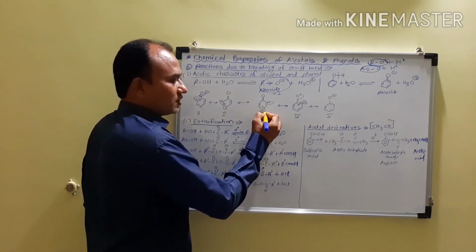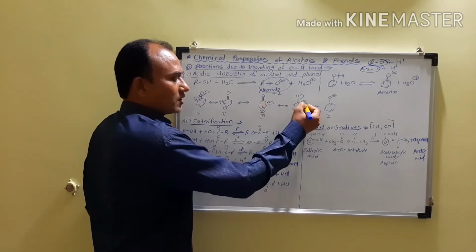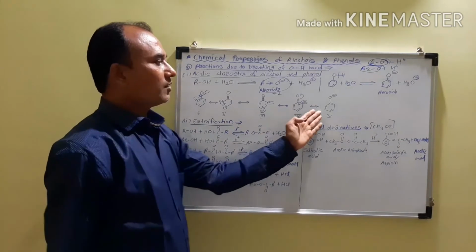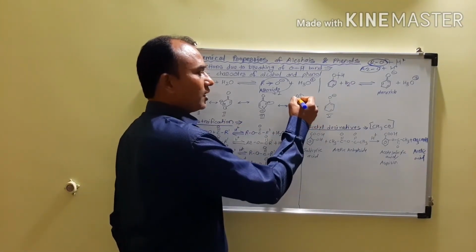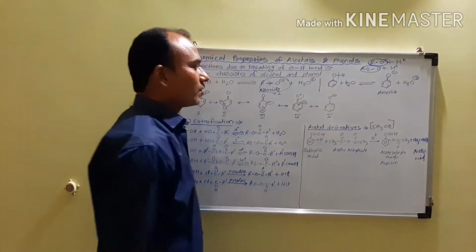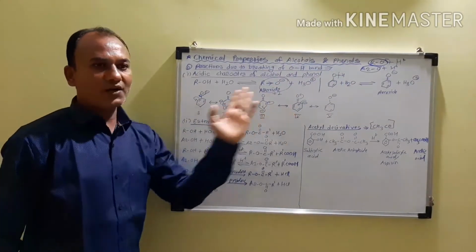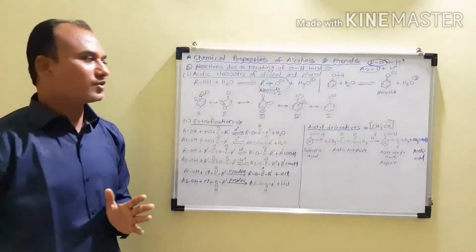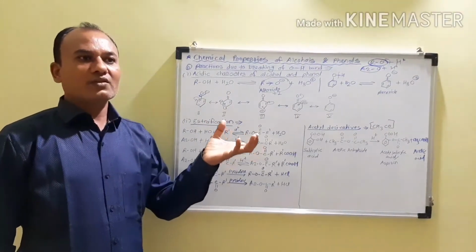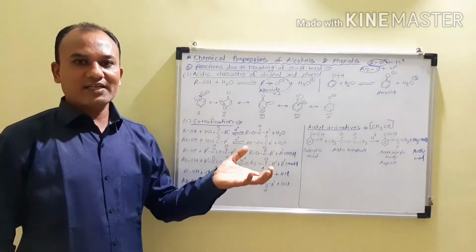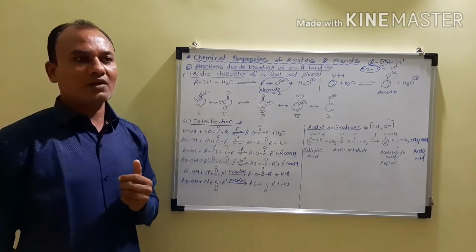In the third structure, this negative charge gets converted into the pi bond, and the pi bond gets converted into the negative charge. Then we get the fourth structure. In the fifth structure, this negative charge gets converted into the pi bond, and the pi bond gets converted into the negative charge which is on the oxygen. So we get 5 resonating structures, and these 5 resonating structures stabilize the phenoxide ion, and therefore the phenol is acidic, weakly acidic, and the alcohol is neutral, because